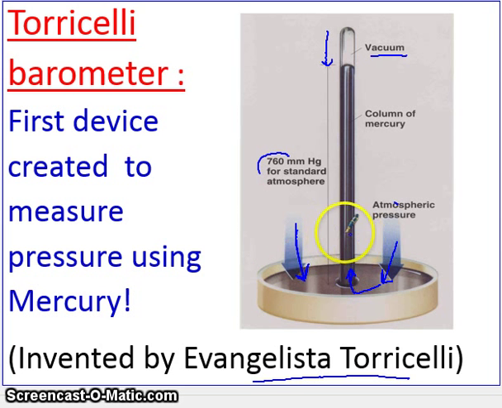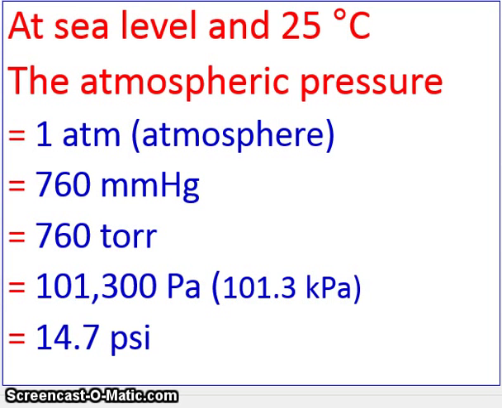It does not matter how wide the mouth of the tube is. The tube could have been this wide. It would still hold it up. And that's how great the air pressure around us is. So we're going to define air pressure as millimeters of mercury, or we're going to use these units for air pressure, thanks to Mr. Torricelli. There are a lot of air pressure units that are used, and here is the millimeters of mercury, and it was also called Torricelli's, or torr, in honor of Mr. Torricelli. So 760 millimeters of mercury, or 760 torr, also equal 1 atmosphere,